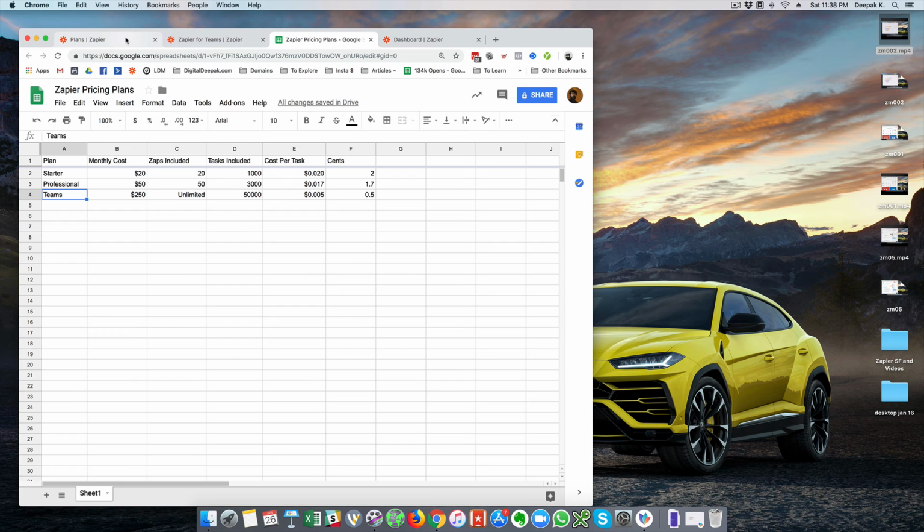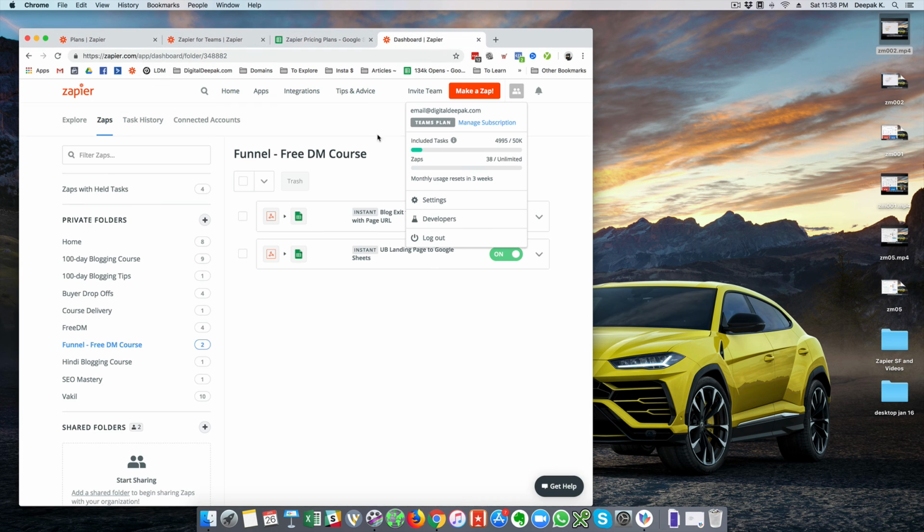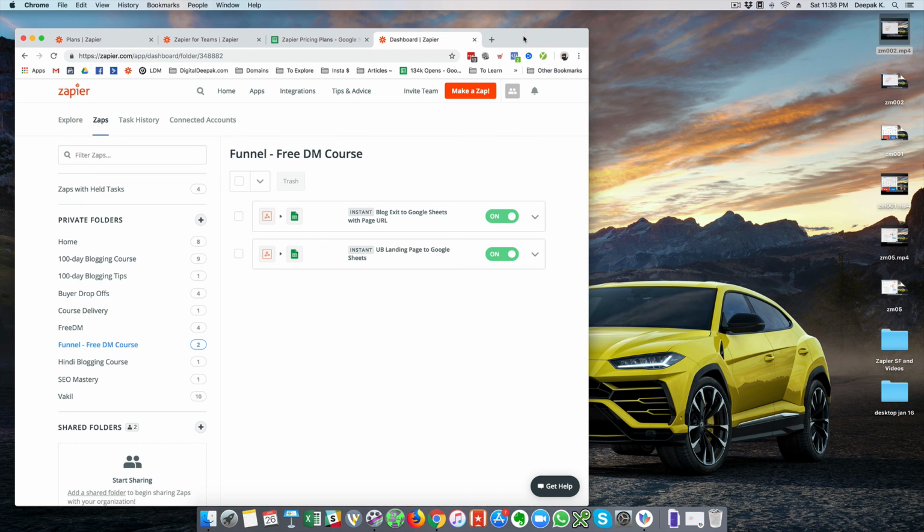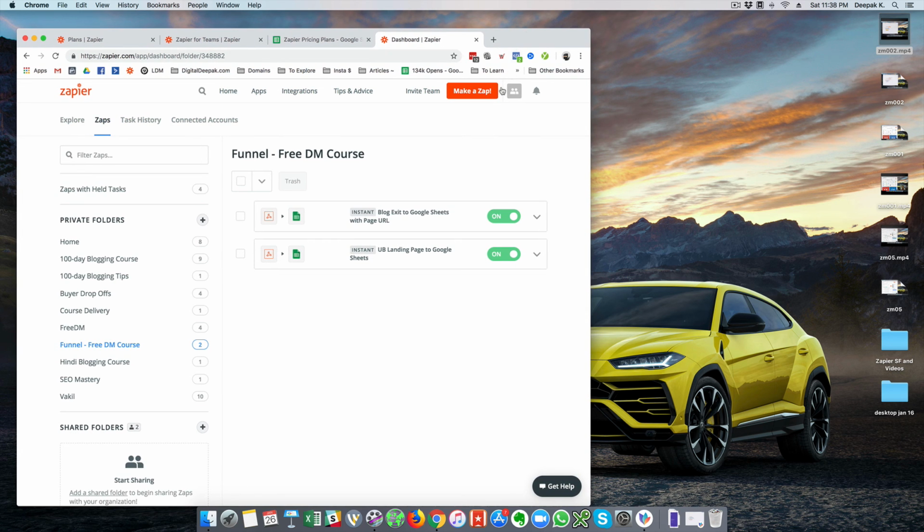One of the ways that I use team accounts is that I use Zapier for some of my clients as well. Instead of letting the clients have their own Zapier account, we are charging them for their Zapier usage, and we have put them on our Teams account so that the overall cost per task run for the clients' services is going to be cheaper for us.